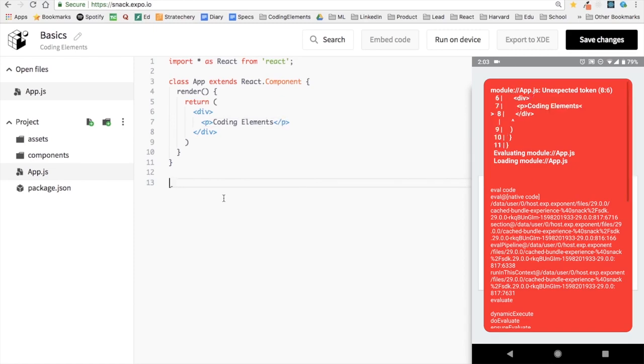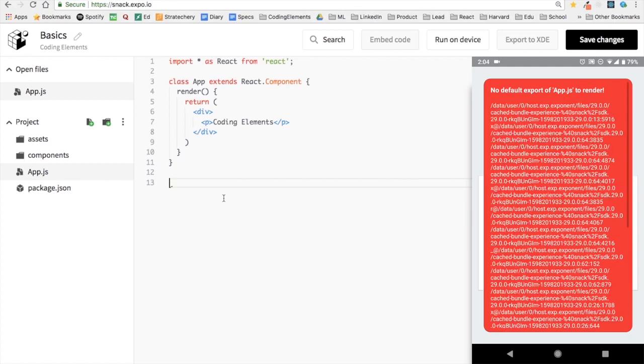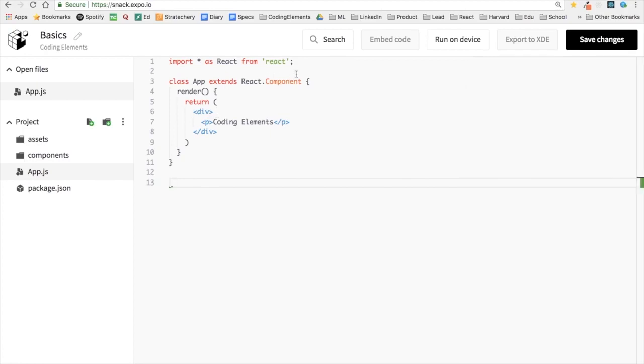Now after writing the text in my p tag, we can still see that there is an error coming up. This is because whatever we are coding is not a web app anymore. We are making it as a mobile application and it has to be run on an Android or iOS device, not on a web page. Hence, we'd be requiring the functionalities of native buttons of an iOS or an Android device.